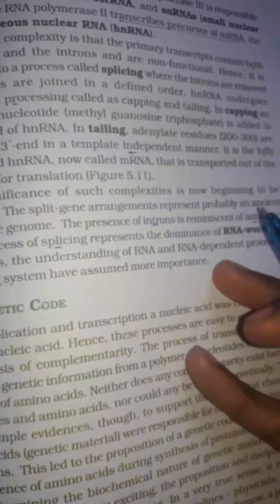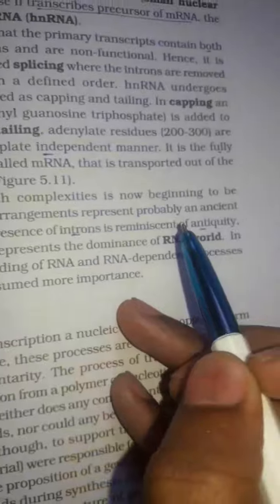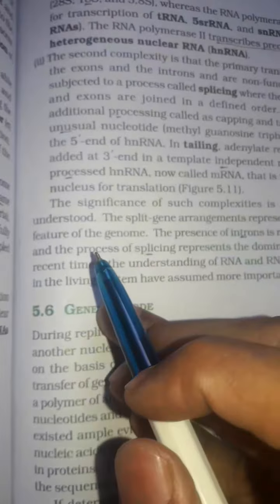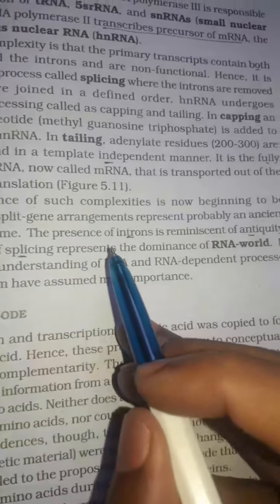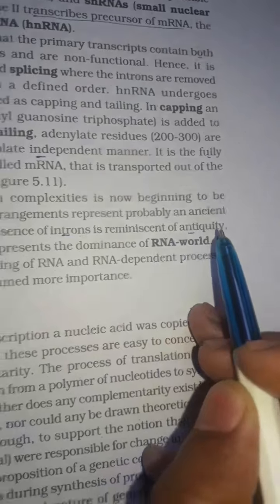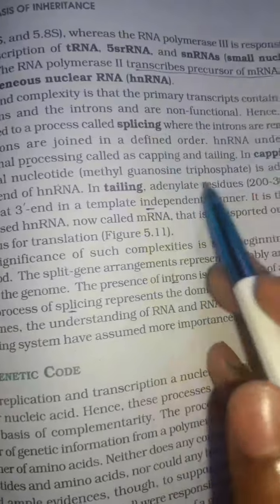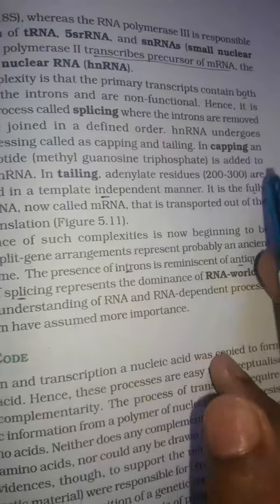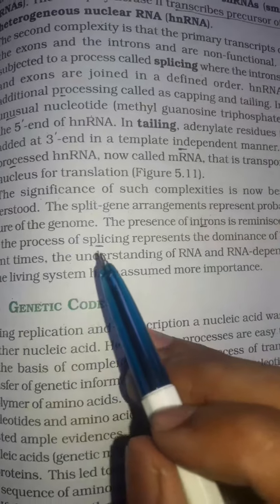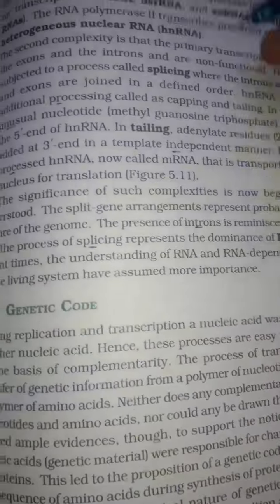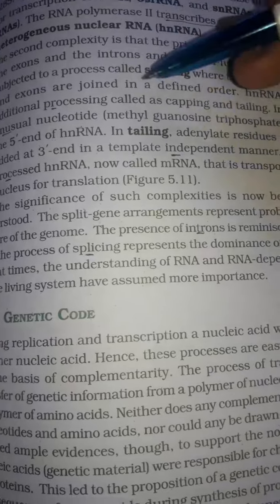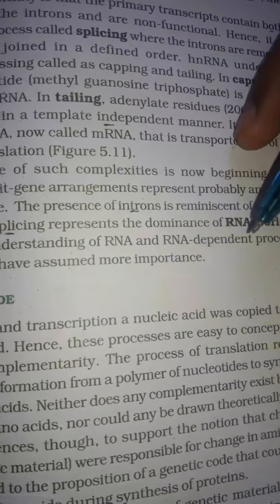So now it is given in here that the split gene arrangement probably represents an ancient feature of the genome, that is, it is talking about RNA. The presence of introns is reminiscent of antiquity. This presence of introns, that is the non-coding sequences, and the process of splicing represent the dominance of the RNA world. Splicing occurs only in eukaryotes, so it represents